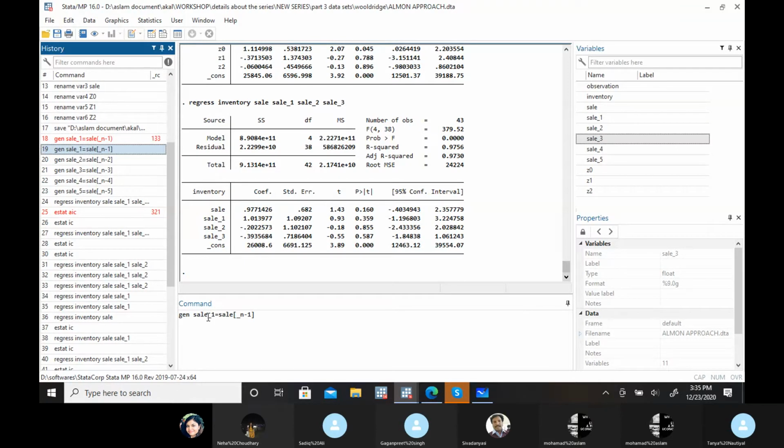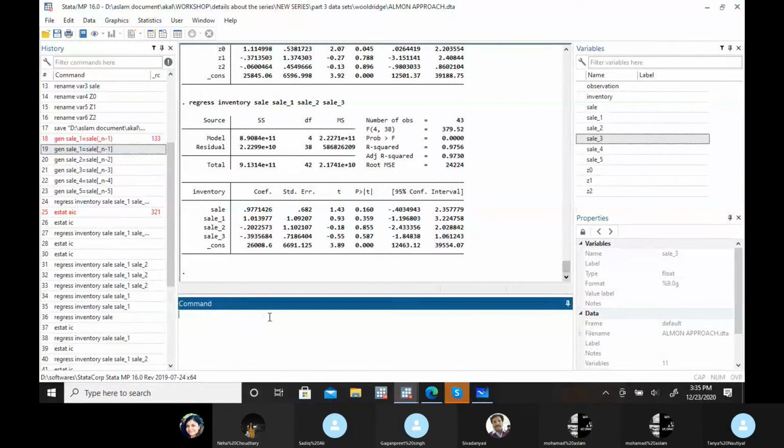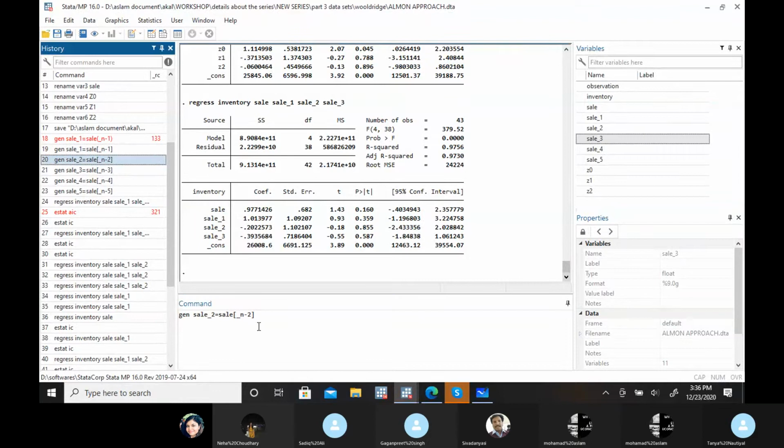For simplicity, I have written generate sale underscore 1, that means the first lag, then equal to, then the command is your variable, and within a bracket, but this specific bracket only, not the other one, underscore n minus 1 for the first lag. If you want to generate the second lag, then n minus 2, then n minus 3, n minus 4, and so on.